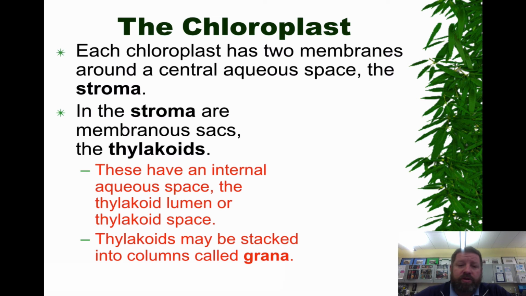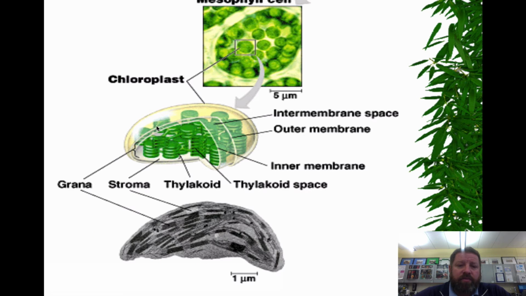If we go back to this picture here, you can see there's this outer membrane, there's a secondary inner membrane, and there are these green discs or stacks here. So this is the first membrane, second membrane, third membrane. This third membrane is where all the action happens. This is where the pigments or the colors in the plants are found, and these pigments are most active when there's light, and we'll talk about how that action actually happens.